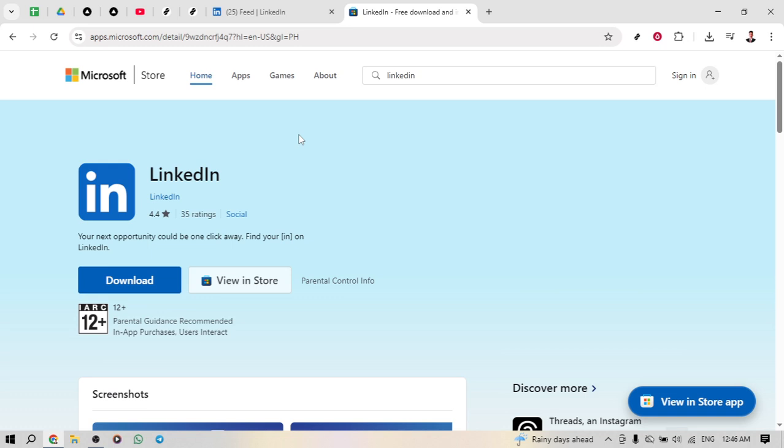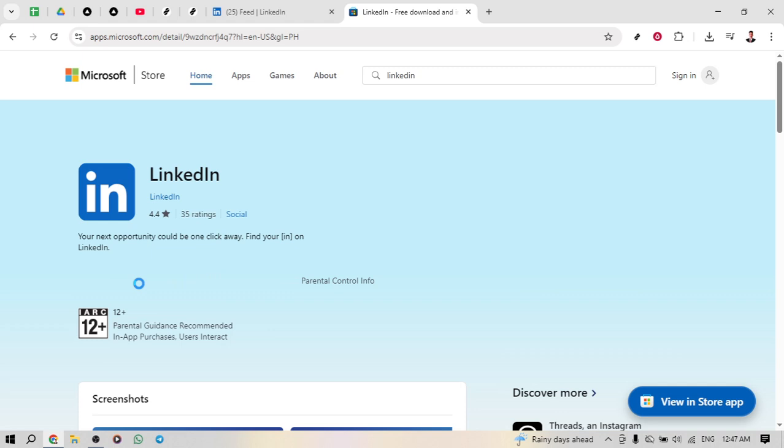Now that you're on the LinkedIn app page, you'll notice a button that says download. Clicking this button will start the installation process on your PC. If prompted, confirm your selection and allow any necessary permissions. Your device might take a few moments to complete the download depending on your internet speed. Once the download is complete, LinkedIn will be installed on your computer, ready for you to log in and connect